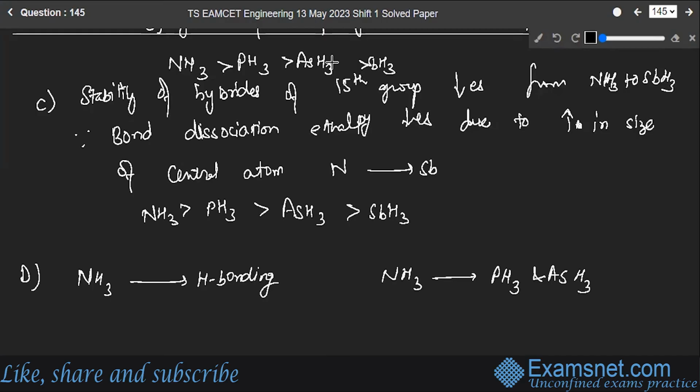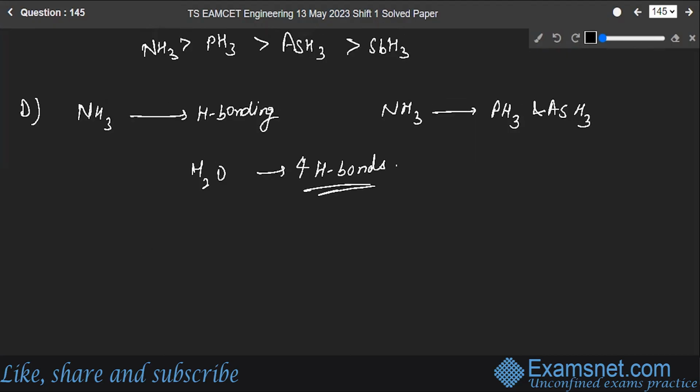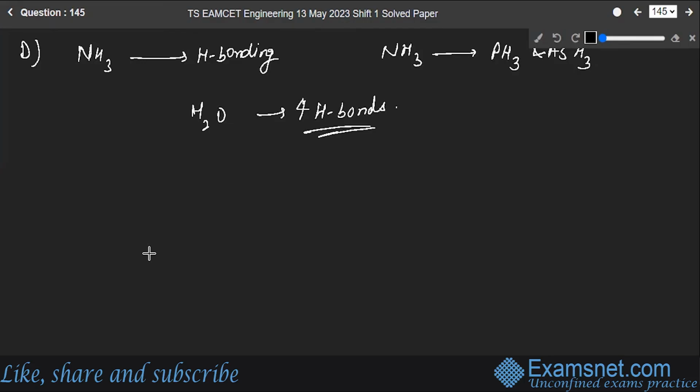Now, the boiling point of water is highest among all of these because it can form 4 hydrogen bonds. In water, it can have 4 hydrogen bonds, which is the highest one. Okay. And if I look at the other ones, you have SbH3, ammonia,